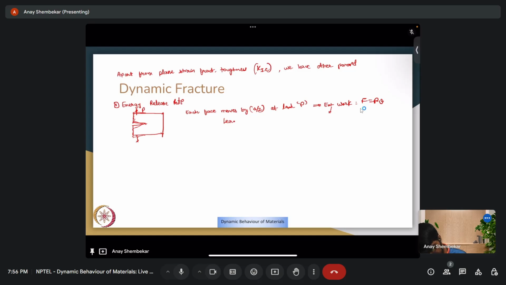which leads to an increase in strain energy, internal strain energy, which is U, plus crack growth. So energy required for crack growth, which is W. Condition for stable crack growth, this is A. Condition for stable crack growth,